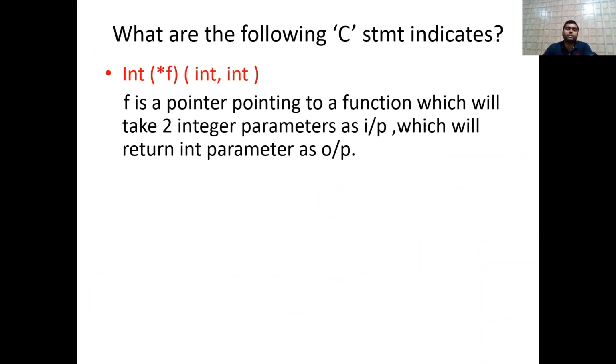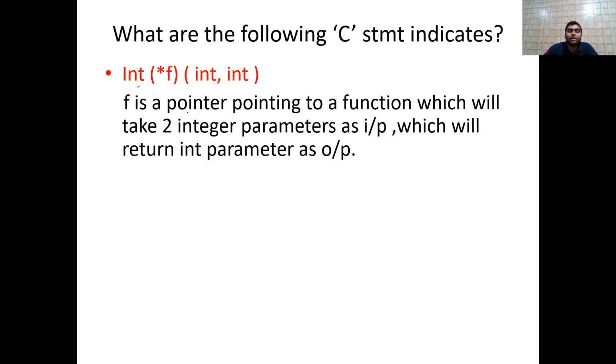So consider the following C statement. So what this statement indicates, observe very carefully. So the first statement they are saying that integer star f and integer and comma integer. So f एक पॉइंटर है. ओके, जो पॉइंट करेगा किसको? f इज अ पॉइंटर, विच विल पॉइंट टू अ फंक्शन. और जिस फंक्शन में दोनों आर्गुमेंट्स क्या है? इंटीजर है. दोनों पैरामीटर्स क्या है? इंटीजर. ठीक है. और रिटर्न दैट इंटीजर एज व्हाट? आउटपुट. सो इंटीजर ये आउटपुट में रिटर्न करेगा.